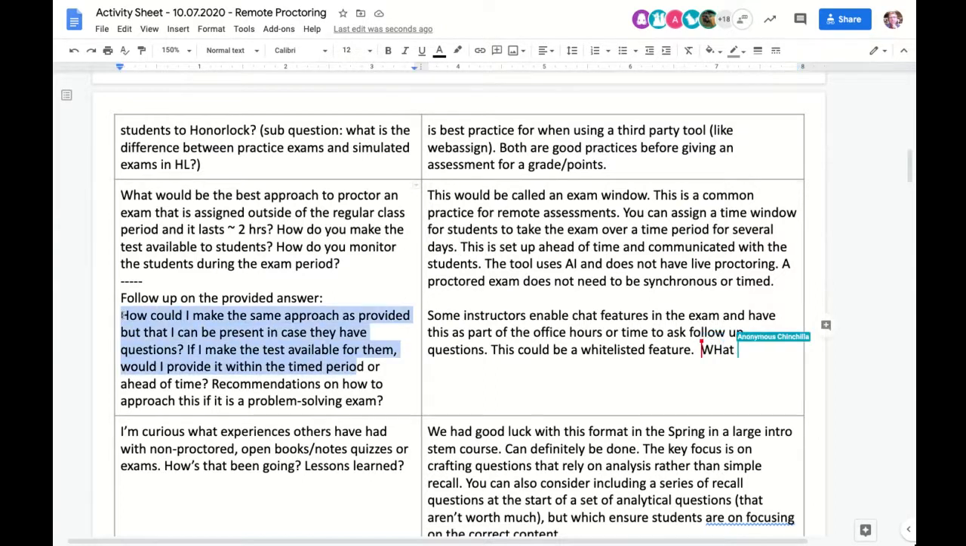And then there's a follow-up. How would I take the same approach as provided, but so that I can be present? All right, so having the instructor present in case they have questions. There is a chat feature in